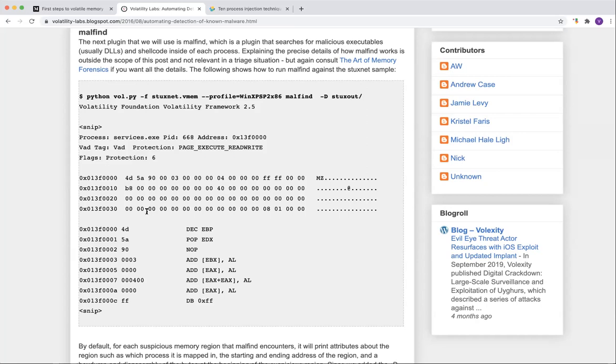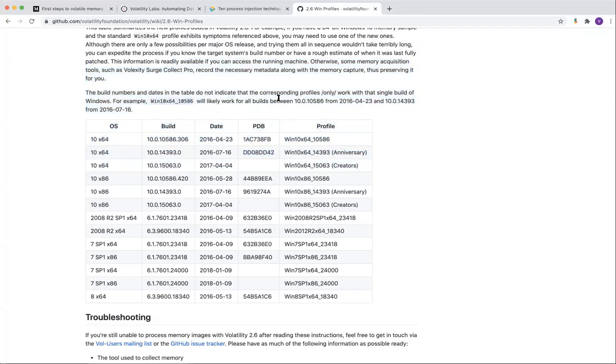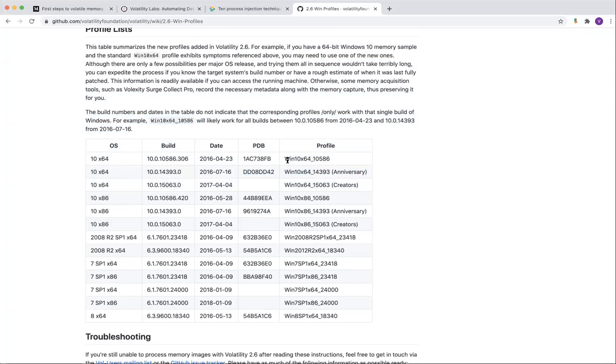One second, Pragyan. I'm just running it on my machine. Okay. So for Windows 10, you know that it's Windows 10, it is x64. In the profile page of Windows Volatility, you see these are the only profiles supported by Volatility. So you just start with this one or this one or this one, okay? And in whichever you get readable characters, you know that this is something which will do my work for this case.